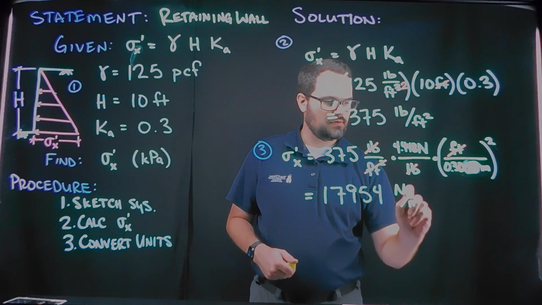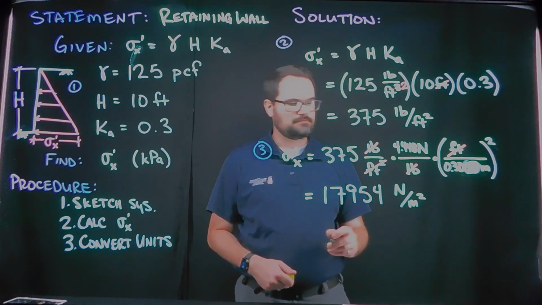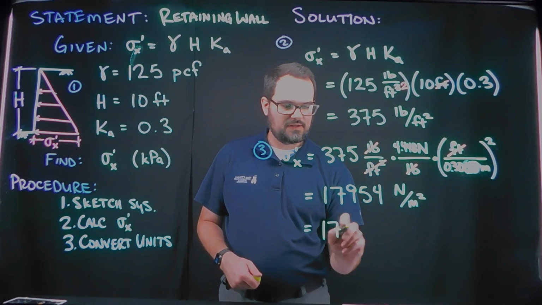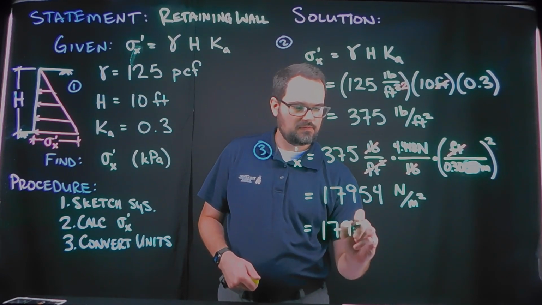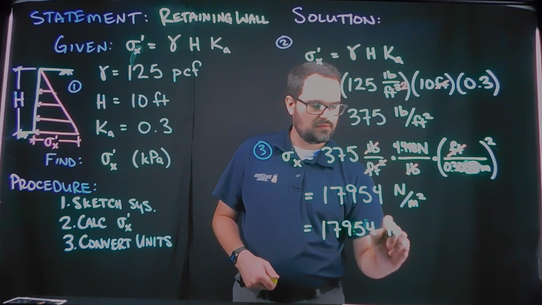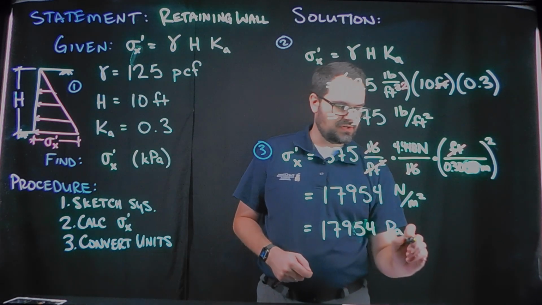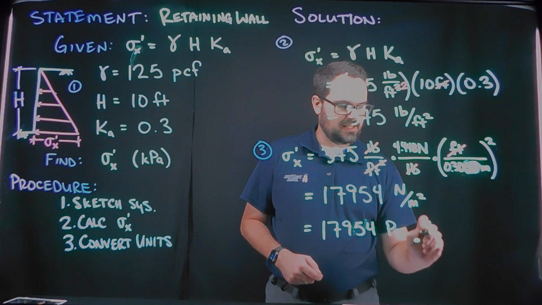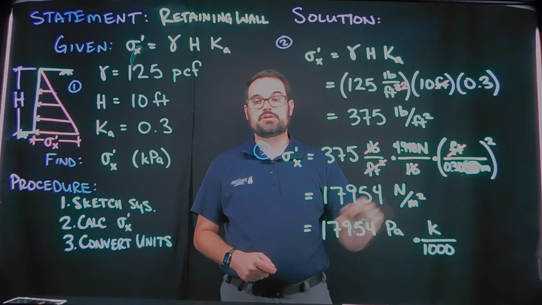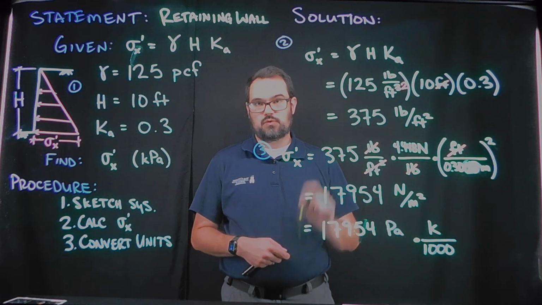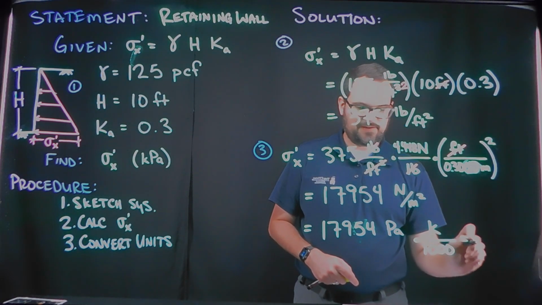Newton per meter squared, which we remember is a Pascal. So this is 17954 Pascals. But what we wanted was kilopascals, because that's a very large number. And so, if we want the kilo to show up, we'll need to divide the value by 1,000. Again, I'm multiplying by 1. Kilo is 1,000, so k over 1,000 is equal to 1. And when I do this, I'll get a final answer of